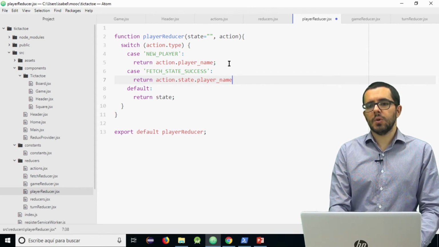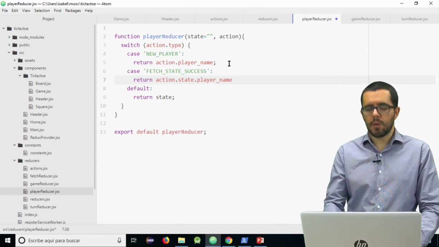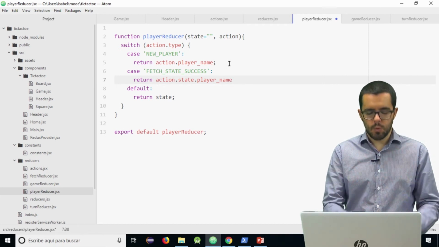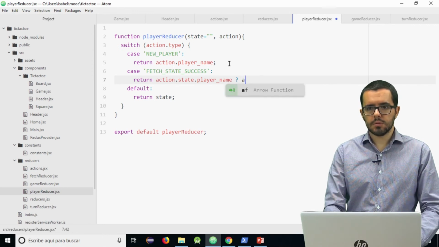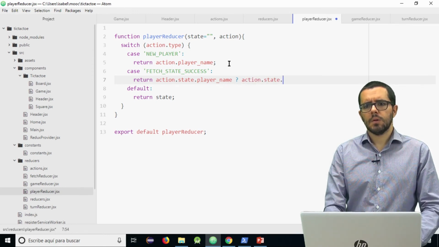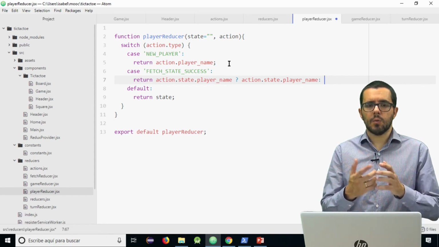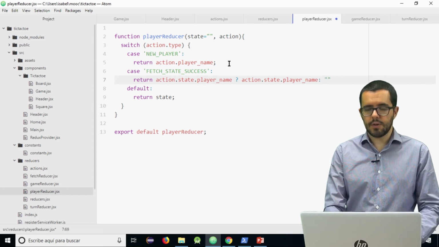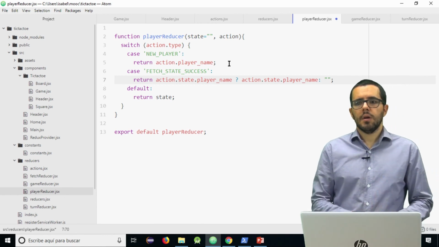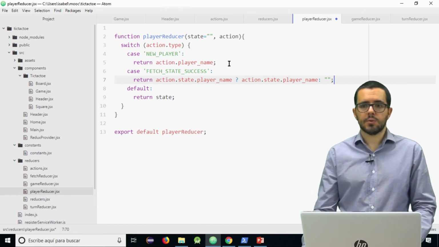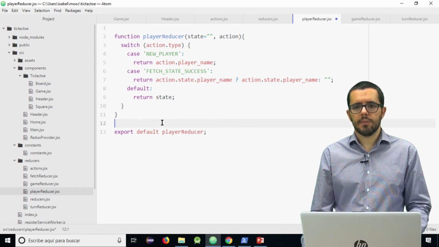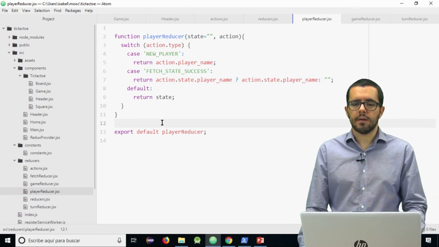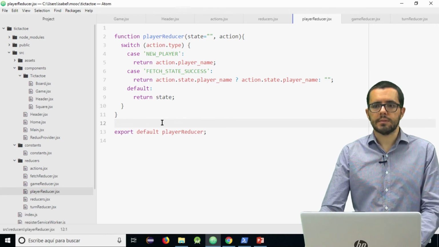But if we want to be sure, for example, if we are modifying our app and we have all the states saved, we can create a ternary operator if we want. If in the fetched data we have the player name, we return it, and if not, we return empty. Okay, just to consider all the cases if we are evolving our app step by step. Okay, we save it, and the Redux part is complete.